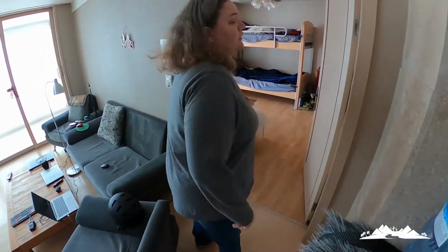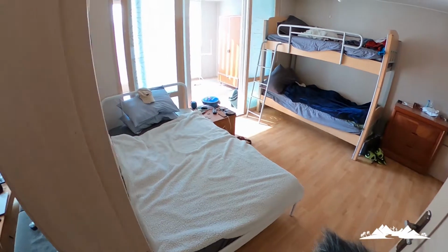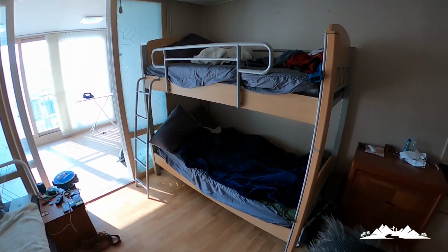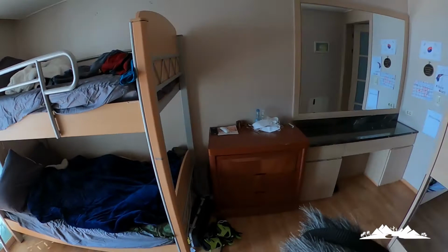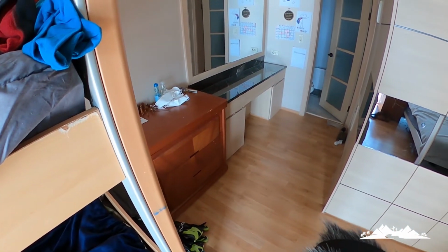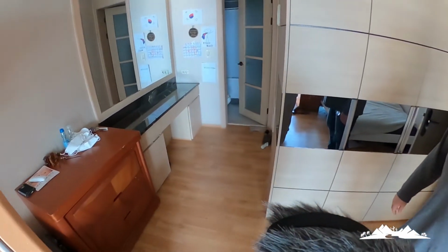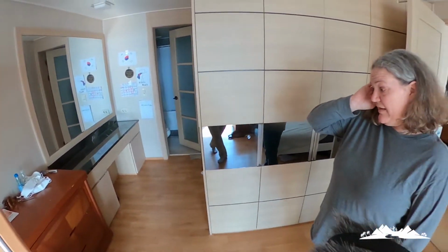And then, because we have 3 teenage sons, we gave them the master bedroom. So they have more space. So Noah, the tallest of our boys, gets the huge bed. The other 2 get the bunks, which they've been perfectly happy with. And instead of us having to buy bunk beds, the school just provided them from the dorm, which we're very, very grateful for, because they're sturdy dorm bunks and not some cheap bunks we found somewhere else. Toby spoke for the desk right away and got the whole desk area for himself. It's actually a vanity, but...